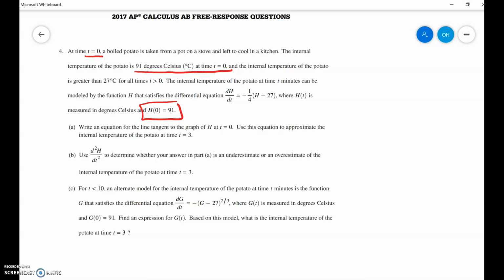equation, this right here. Okay, so part A, they ask you to write the equation of the line tangent to the graph of h at t equals 0. And we're going to use that to approximate the internal temperature of the potato at time t equals 3. So we want to know what h equals at time t equals 3, and we're going to use the tangent line equation. I'm going to try to utilize all space so I don't have to scroll up and down so much. So for a tangent line equation,